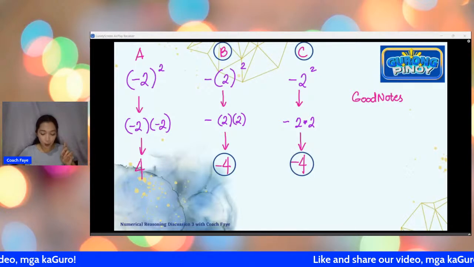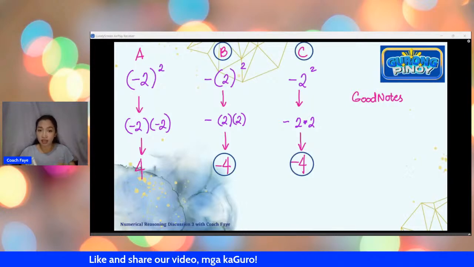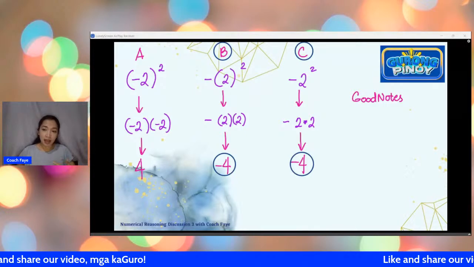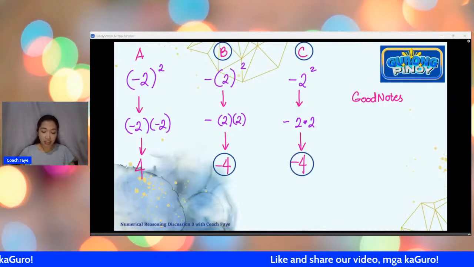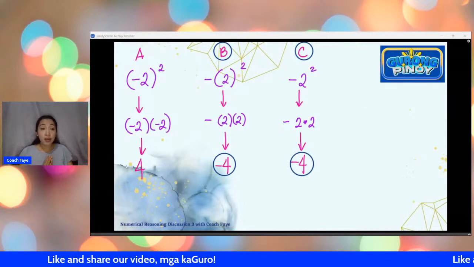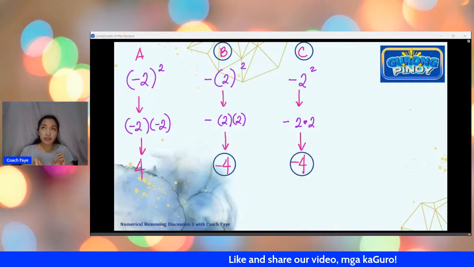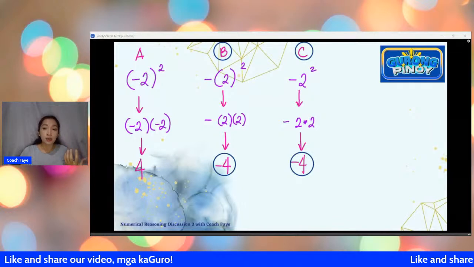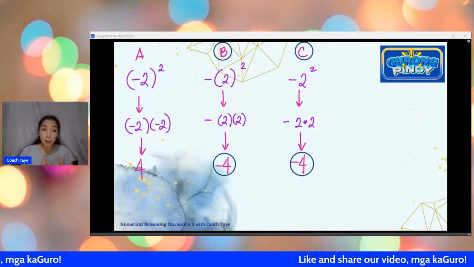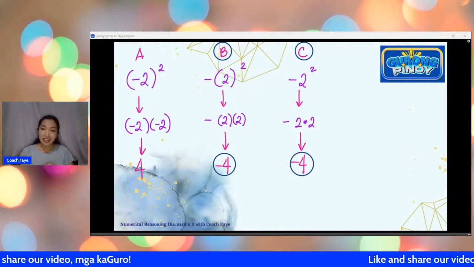Ayan. So pakitake a closer look lang po dito sa ganitong item, because I think this is a very, very common error that I encounter in many people na bumabalik sa basic math. Kasi alam niyo po minsan, nakakalimutan po natin siya. So, remember that for your exponents, kung sino lang po yung kasama ng exponent, yun lang po yung isa-square natin. So, if the exponent is outside the parentheses, then everything inside of your parentheses is included in what you're trying to square. Pero, kung wala pong parentheses, only the number or variable directly next to what you're trying to square, yun lang po yung isa-square ninyo. Okay? So, yun lang po.